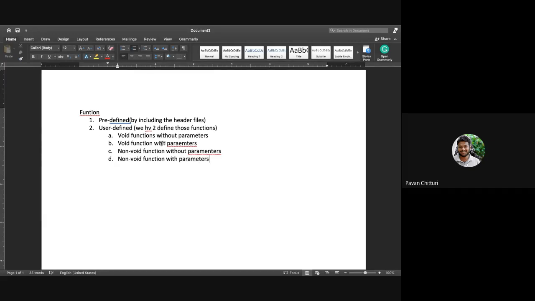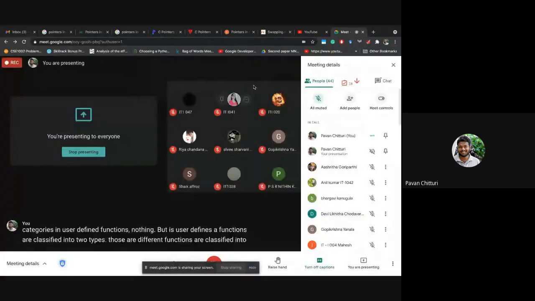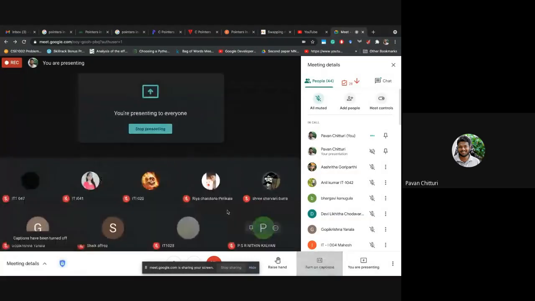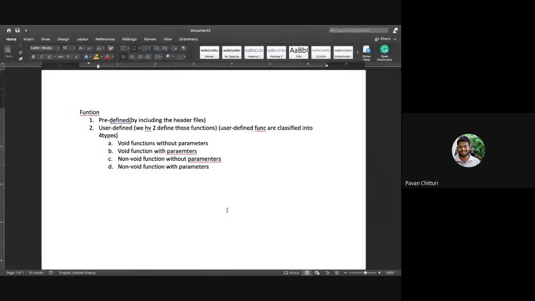These are the four different categories in user-defined functions. User-defined functions are classified into four types.